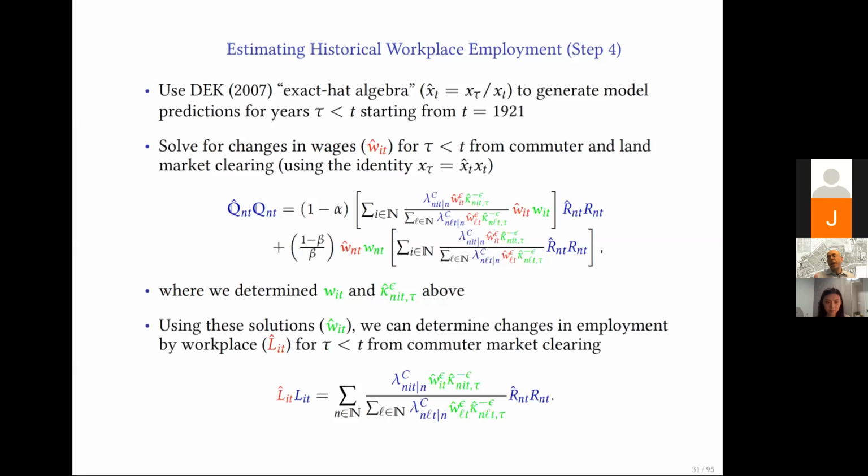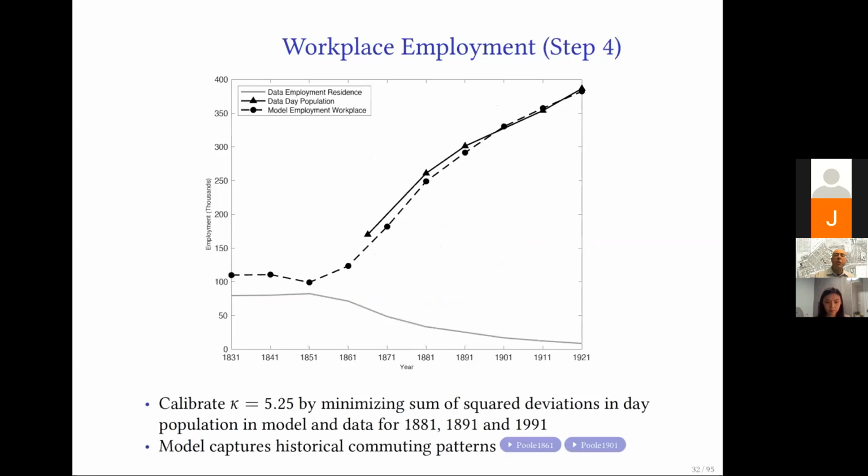Why is that useful? Because once I've solved for the change in wages, the model predicts what happens to employment by workplace going back into the 19th century. And in fact, it spits out commuting flows for every year going back to the early decades of the 19th century. So before we take our next break, I want to kind of stop by saying, well, that's all well and good,